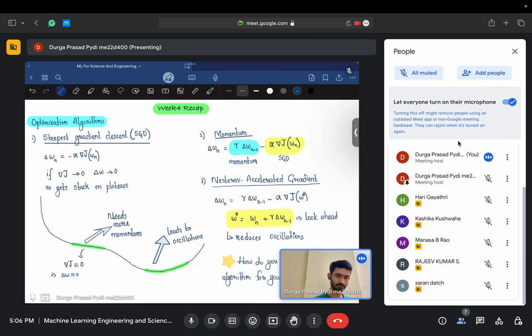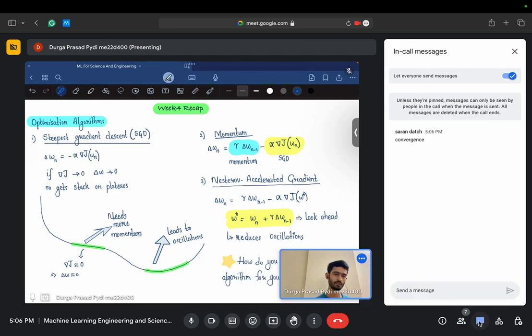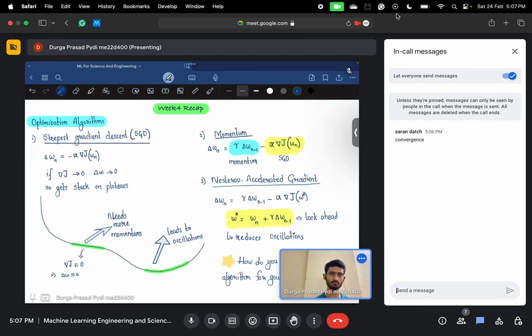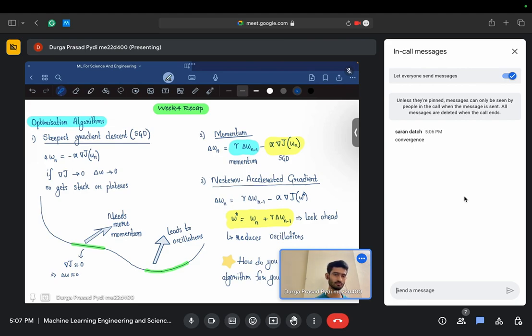The algorithm is the same. So what is it that is changing from problem to problem? So is the question clear, or convergence? Yeah, so why is the convergence changing from problem to problem? So the algorithm is the same because of learning rate. Okay, say if I keep the learning rate same, then